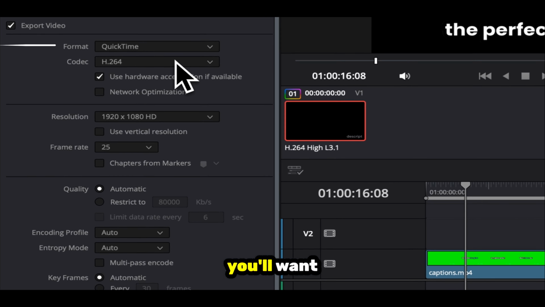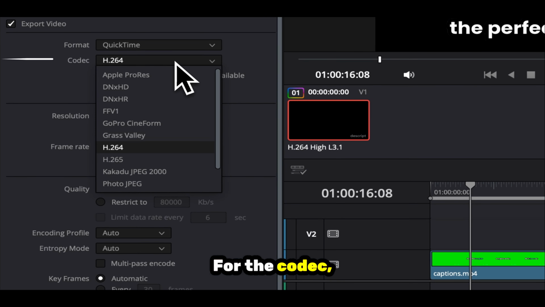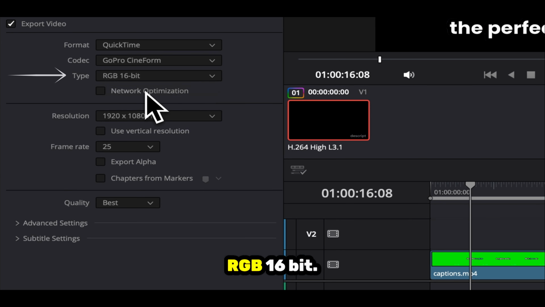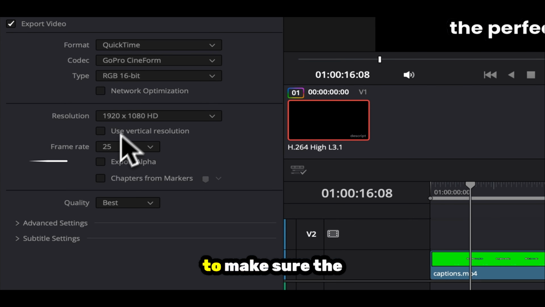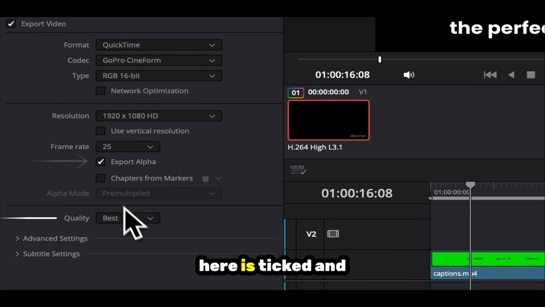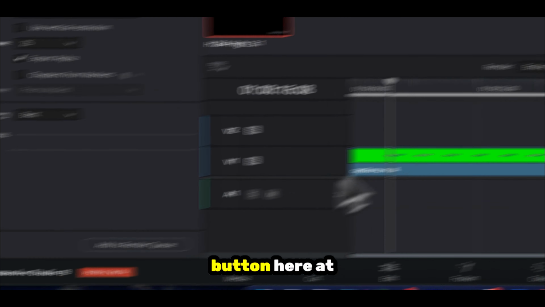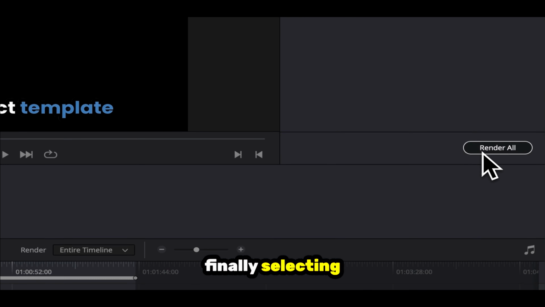For the format, you'll want QuickTime. For the codec, you'll want GoPro Cineform. And for the type, you'll want RGB 16-bit. You'll also want to make sure the Export Alpha box here is ticked and that the quality is set to best. Next, click the Add to Render Queue button here at the bottom before finally selecting the Render button here